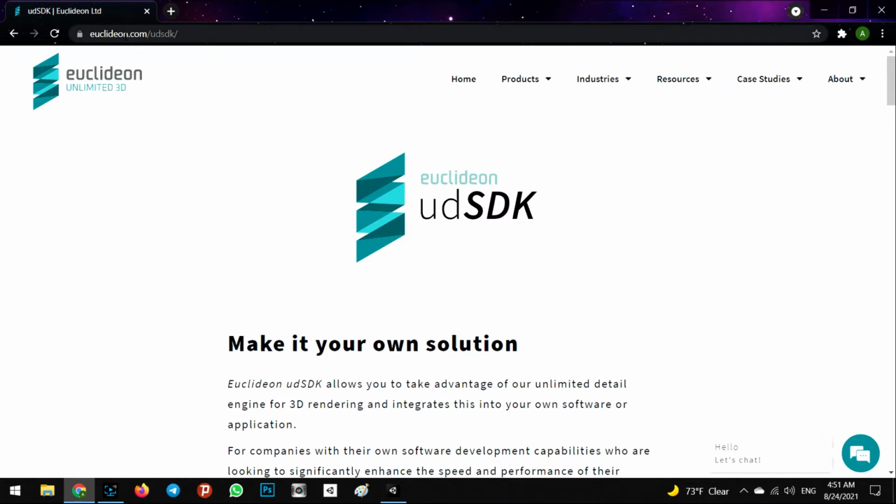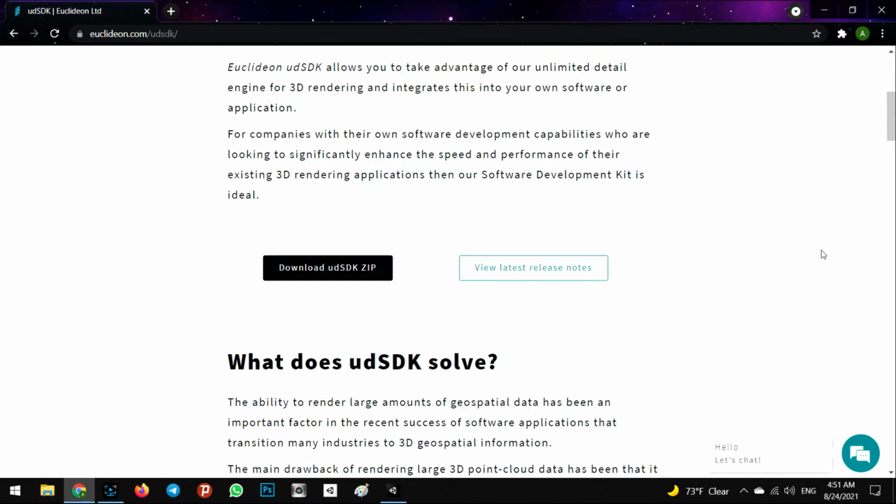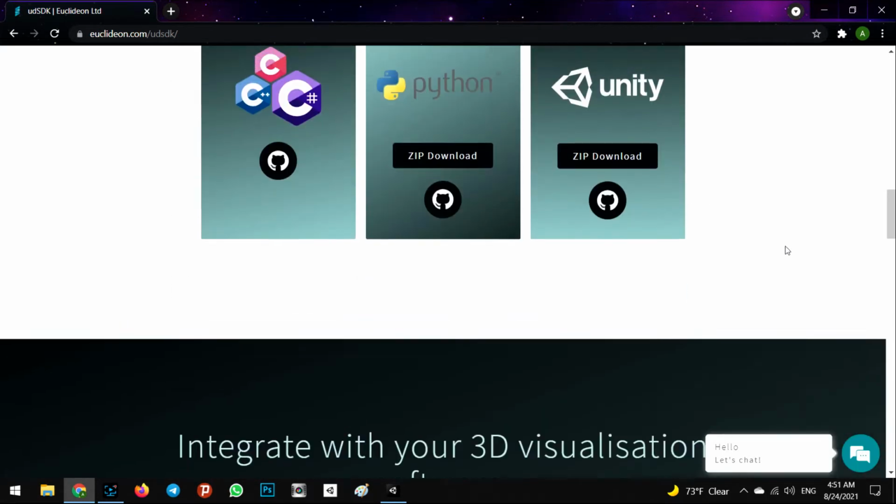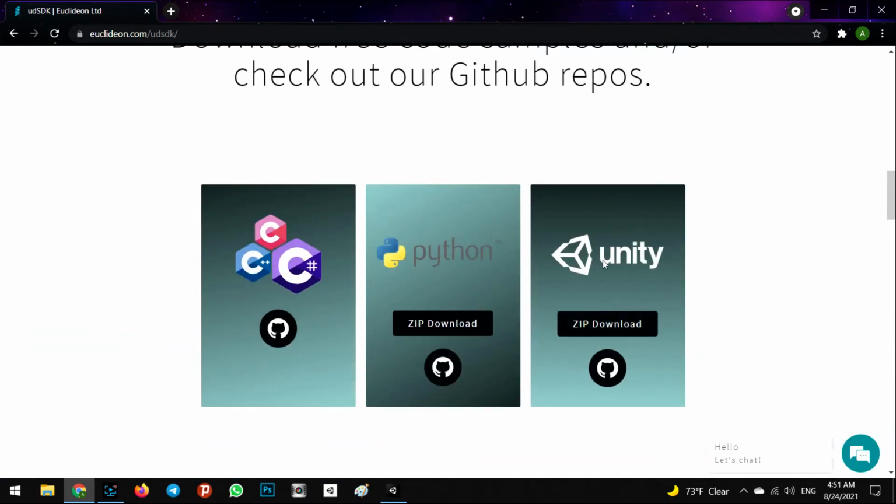When we go to this website page, in the first page, UD SDK, we need to come down, and in here we have to download the Unity project of this SDK. It will look like the full project as a zip file. When we download it and